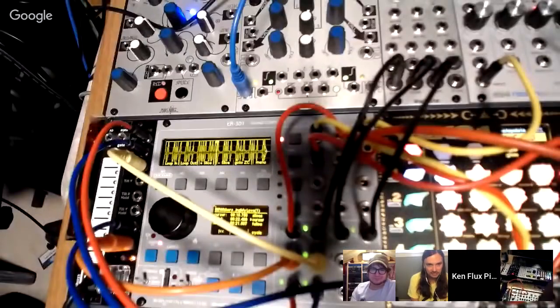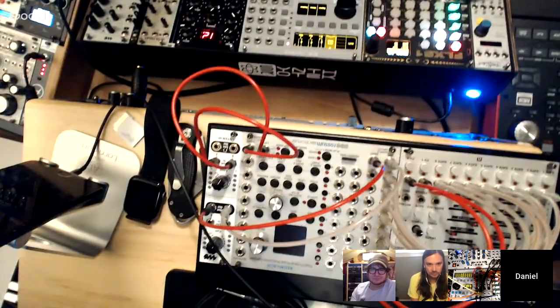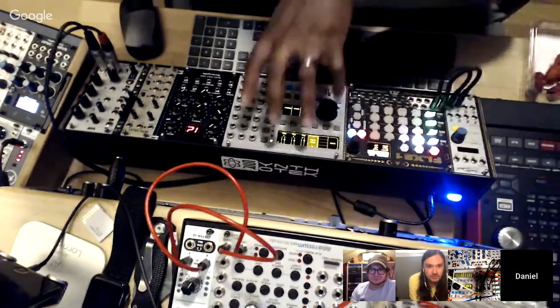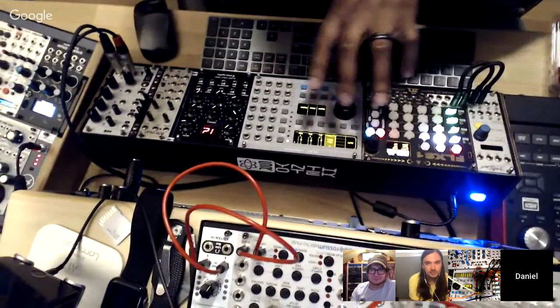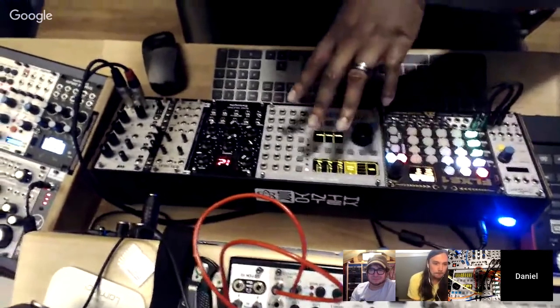So this is my current setup. I have three parts of my setup. This skiff down here is the ER-301, front and center. Flux is one, Pamela's New Workout. So this is like gate and sequencing effects.